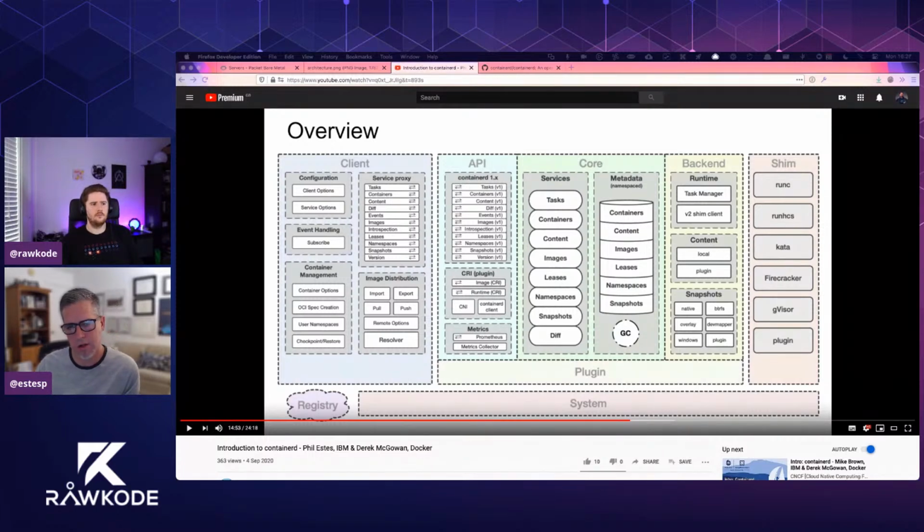I need a different shim because I'm trying to do some fancy thing at the runtime level, or I need a plugin for snapshots because I want a new way to represent the file system, or I have this cool file system that you don't know about in my lab, and I want to utilize it with a snapshotter."